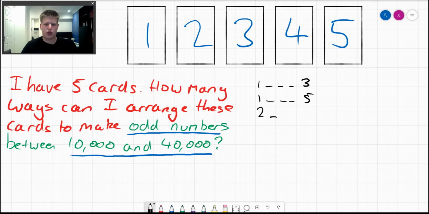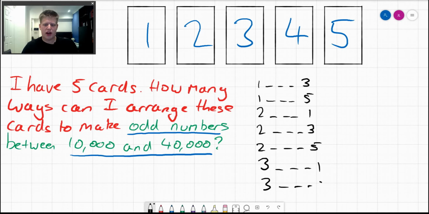So it could start with a 2 and end in a 1, or it could start with a 2 and end in a 3, or it could start with a 2 and end in a 5. Now that we've exhausted all of the 2s, we're going to move on to the 3s. It could start with a 3 and end in a 1, or it could start with a 3 and end in a 5. So altogether there's 1, 2, 3, 4, 5, 6, 7 different ways that we could start and